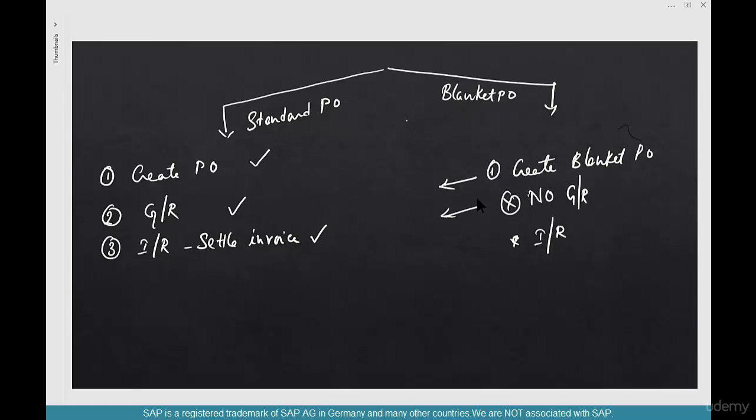So the vendor does send an invoice, and you could settle the invoice maybe in one go or maybe two invoices in one go. Right? So you save time here. You can even simplify the invoicing process, but that's something that we don't want to really bother about. That's for FI folks to do. The point being, you also save time here. And the blanket PO tells you how much you have consumed out of your total allocation of, say, 20,000 or 100,000. So the purpose of a blanket PO is to simplify the procurement of Class C